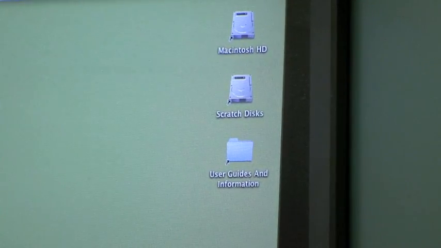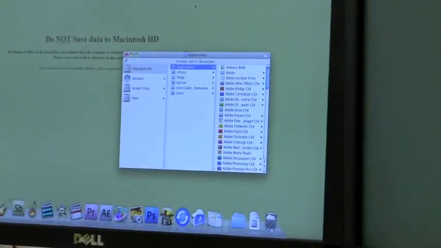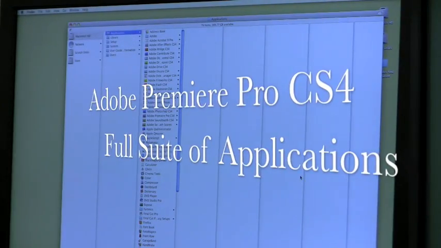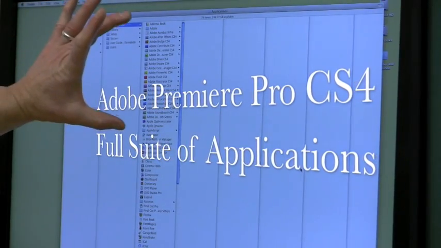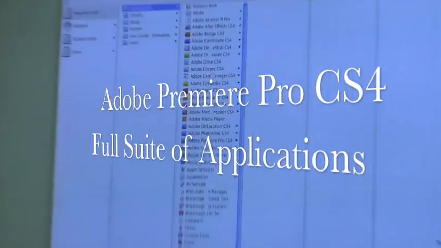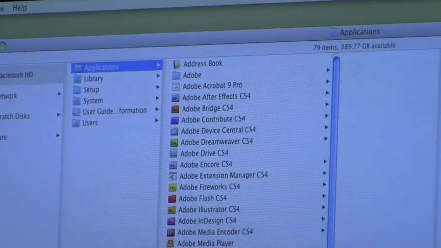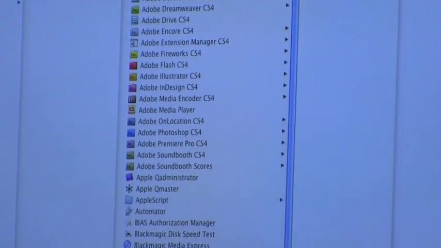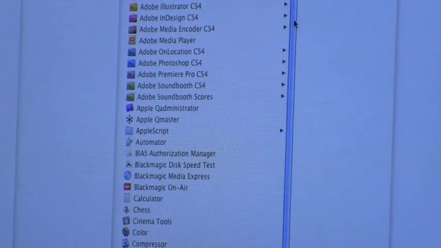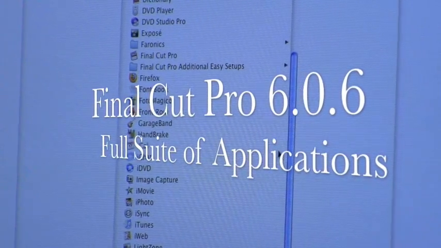Now, the programs that we've had installed on this machine. Command-Shift-A is the keys you use to open up your applications folder. And that one screenshot just shows you part of the applications. As you can see, there's the whole group of everything Adobe. The Adobe Premiere suite of applications for video editing and photo editing, and your advertising and illustrations that you can do with this, standard operating system applications, and then these machines also come loaded with the